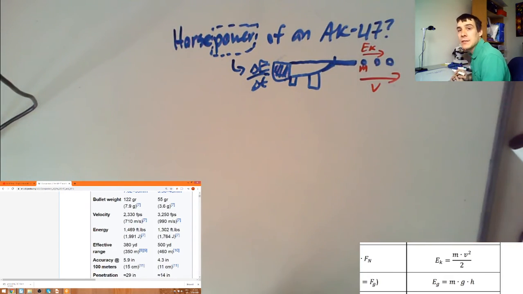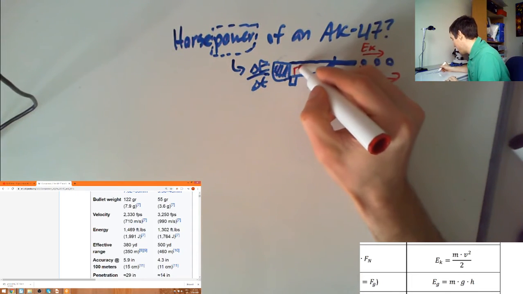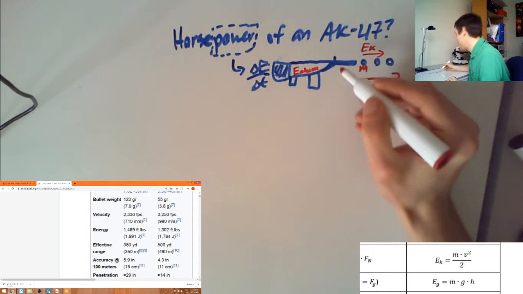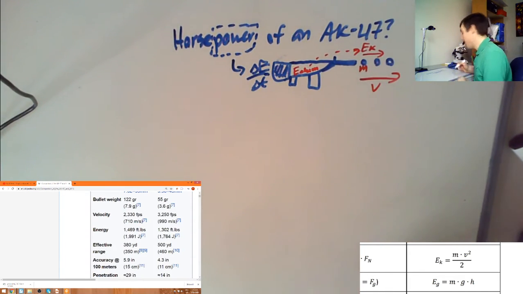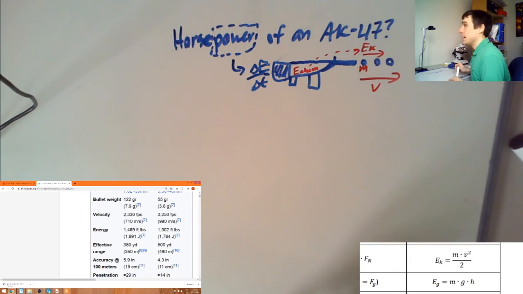The whole point of a gun is to transfer kinetic energy. Take the chemical energy of the propellant inside and turn it into kinetic, right? So we might have that chemical energy in there, and it's getting transformed into kinetic energy of the bullet. So we need to know a few things about that, right? We might want to know the mass of a bullet, the speed of a bullet on the way out. And thankfully Wikipedia has all of these stats for us. So I've got here